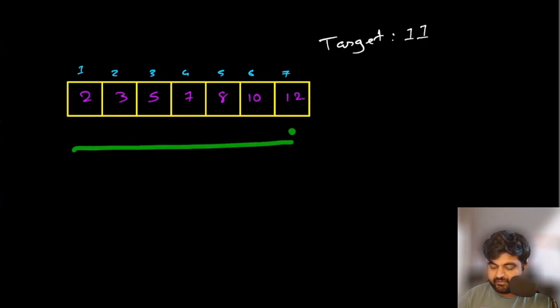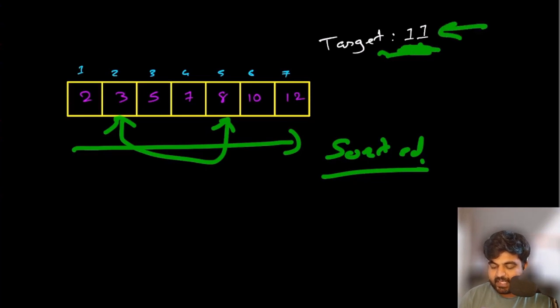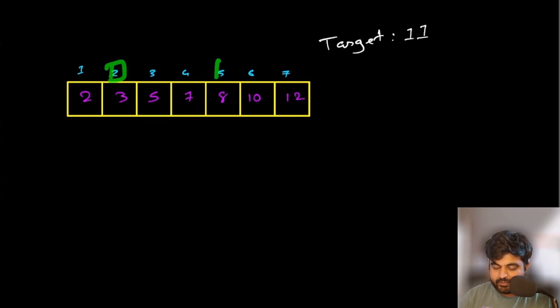Basically, first of all, we are given an input array that is sorted. So that is great for us. Now we are also given a target value, and our ask is to find whether there is any pair that exists whose sum becomes this target value. If that is the case, we need to return their index values. Now, as a part of added complexity, typically array index values start from 0, 1, 2, 3, something like that.